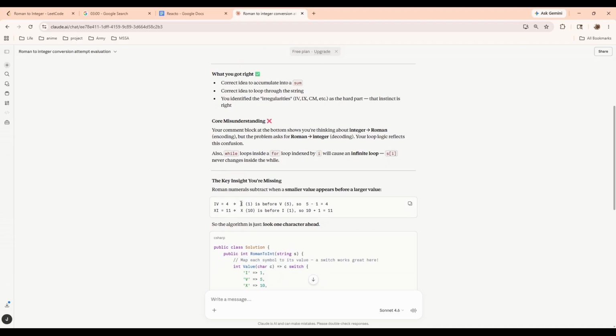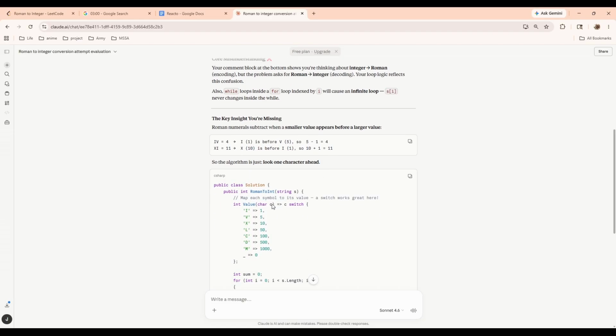Like, key insight you're missing. Roman numerals subtract when a smaller value appears before a larger value. IV is a 4. I is before 5. So 5 minus 1 is 4. X is before I. So